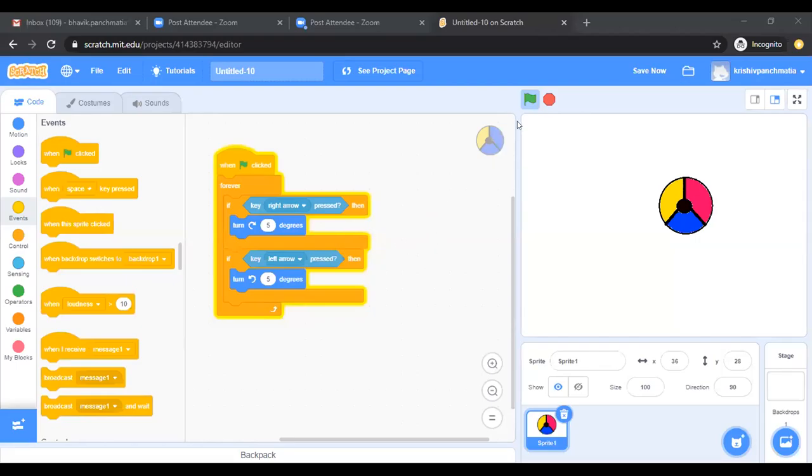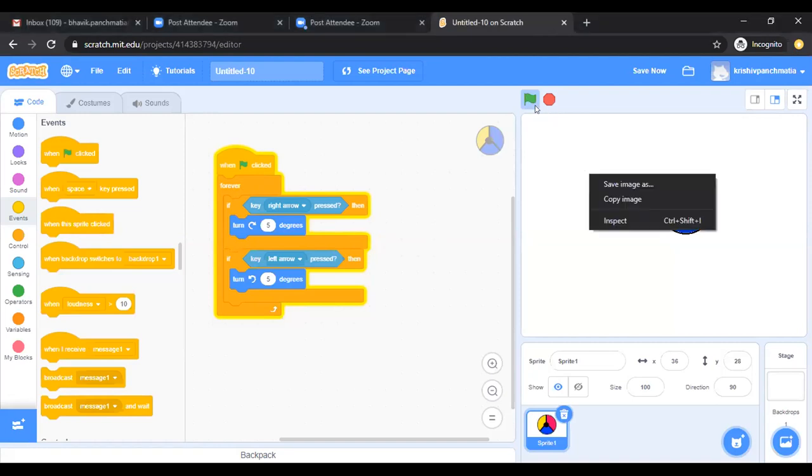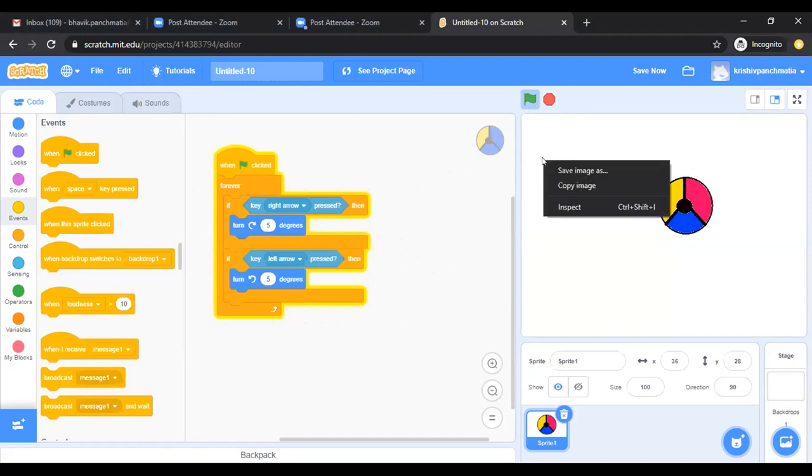Krish, are you able to see now? That's working for me. Okay, very good. If the right arrow is pressed, it should work. If you press right and left and it is not working, press the right and left arrows. Are you doing it on your iPad or on the computer? It's working, right?